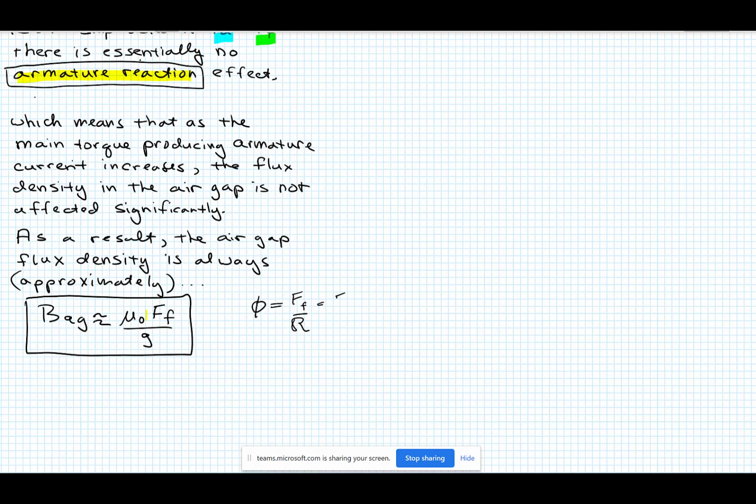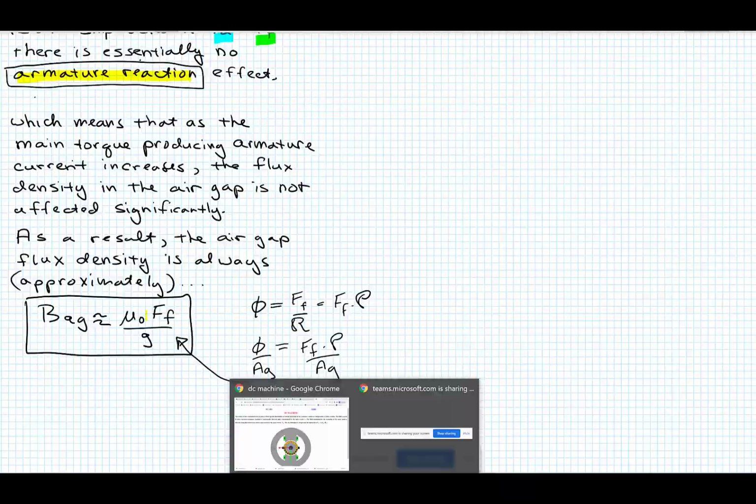Or as we've said, F times a permeance. And if you want flux density, then you would just divide both sides by area. So you'd have flux divided by the area of the gap, and you divide the other side by the area of the gap. And you're going to get this simple result, because things are just going to cancel out. And the other point is, going back to this picture,